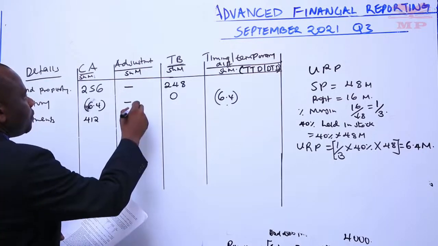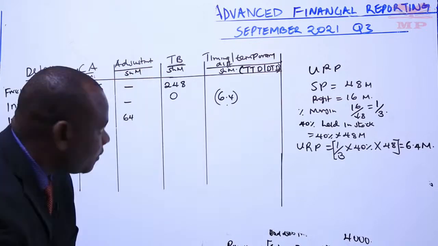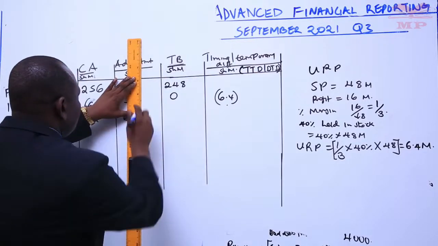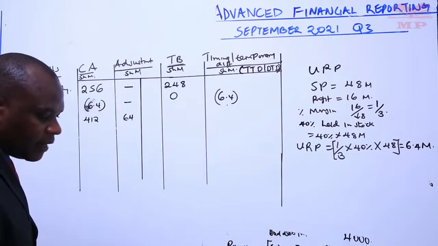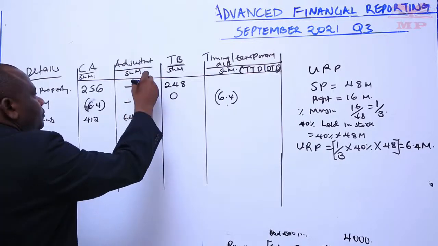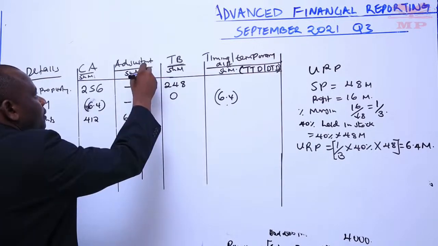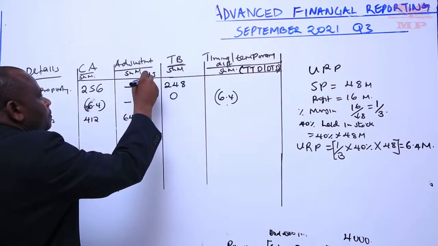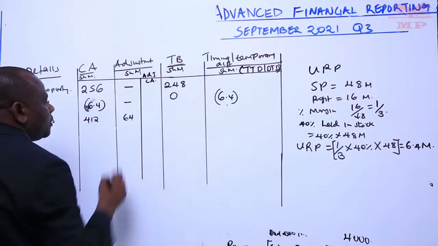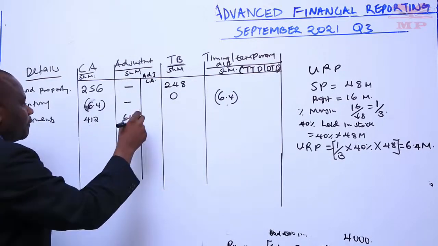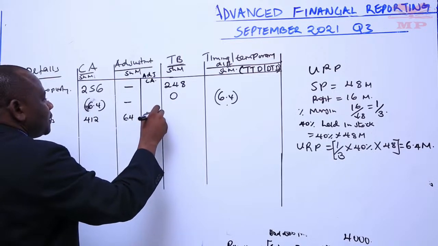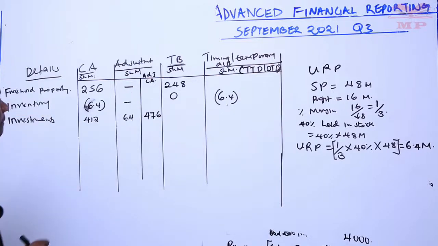So the adjusted carrying amount will be 412 plus 64, giving you 476. But the taxman only